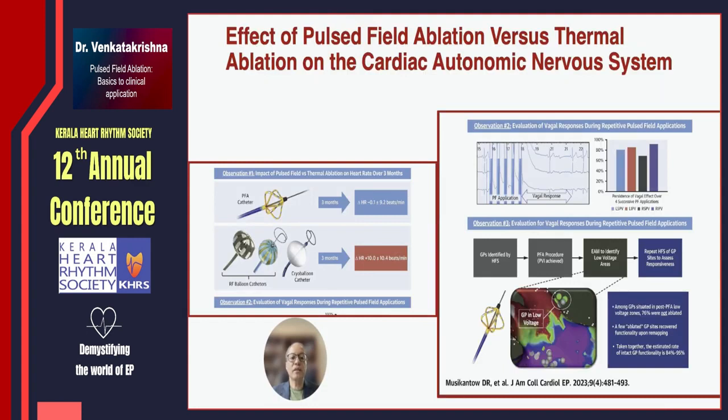So what does different forms of energy affects the autonomic nervous system is the next question. If you look at the pulse PFA catheter, the 3 months outcomes, there is no heart rate change as opposed to other forms of energy. There was a 10 beats increase in the heart rate. So acutely, there was evidence of some vagal response seen with the PFA, and the ganglion plexi were tested before